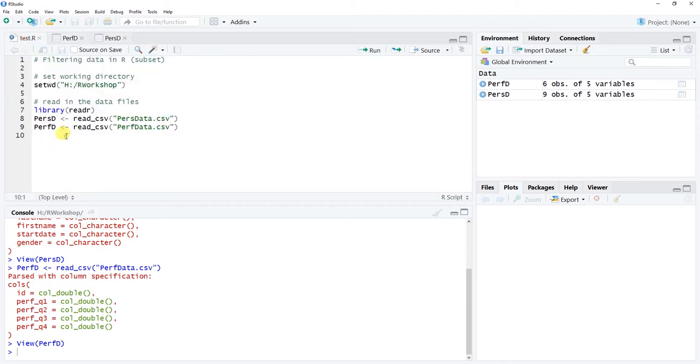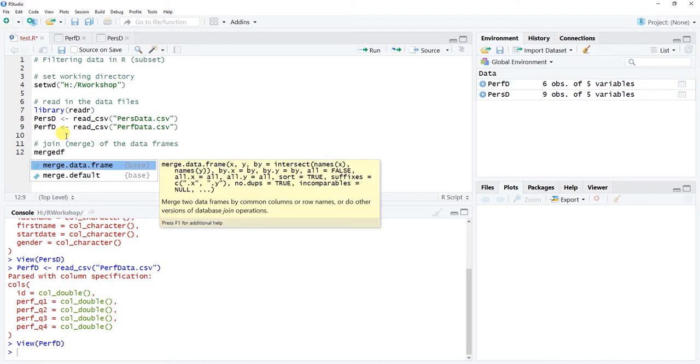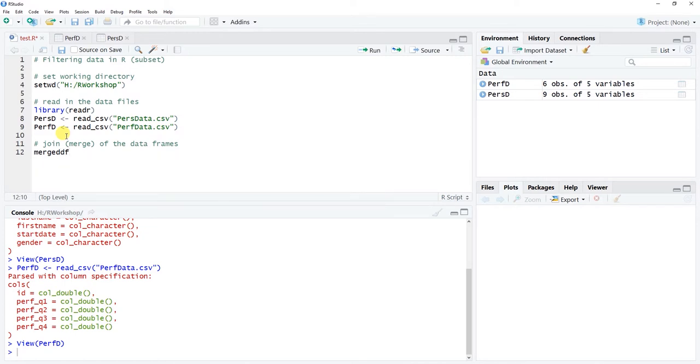The reason I mention this is because now we're going to do a quick join or merge, and this is specifically a horizontal join or merge of the data frames. I'm going to name this new data frame merged df, so past tense, because it will be soon. Put that to the left side of the left-handed arrow to say that we're going to name this. And I'm going to use